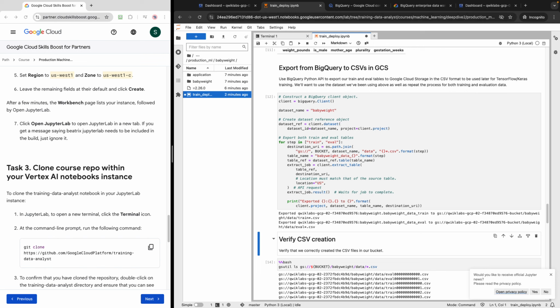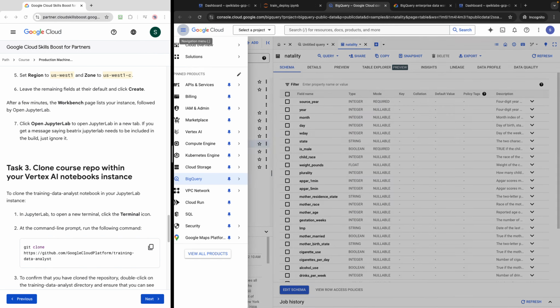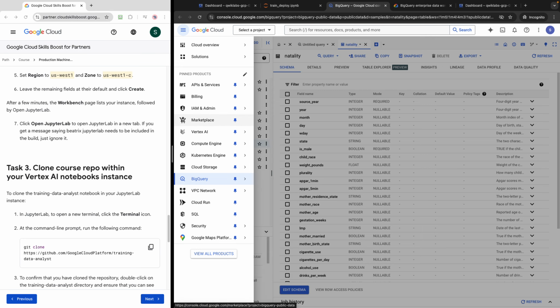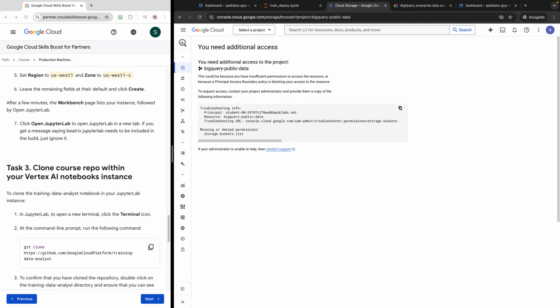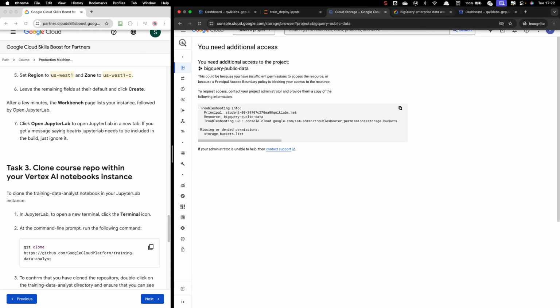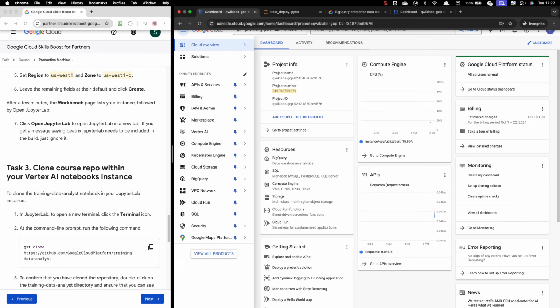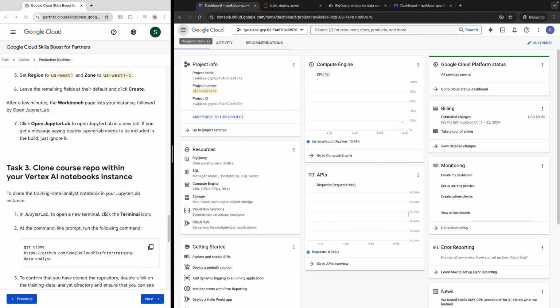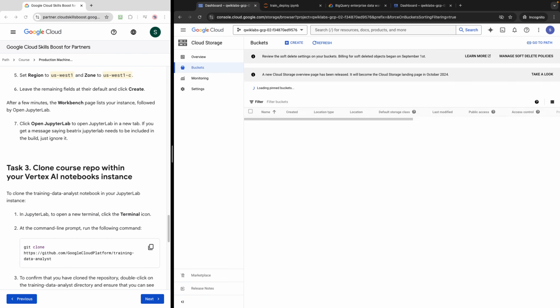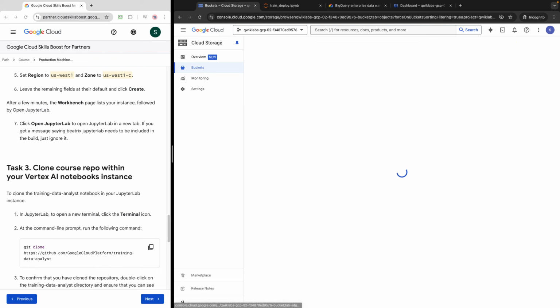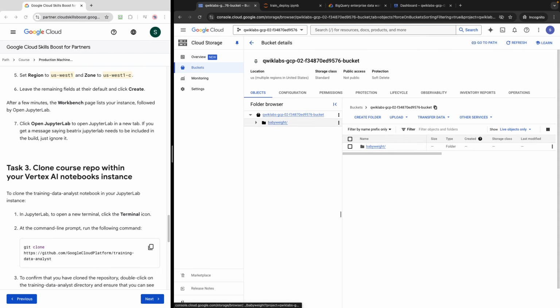In the meantime, if you want to see something, we can go to cloud storage. We have just created a bucket, right? Inside the bucket, we can see the baby weight folders,